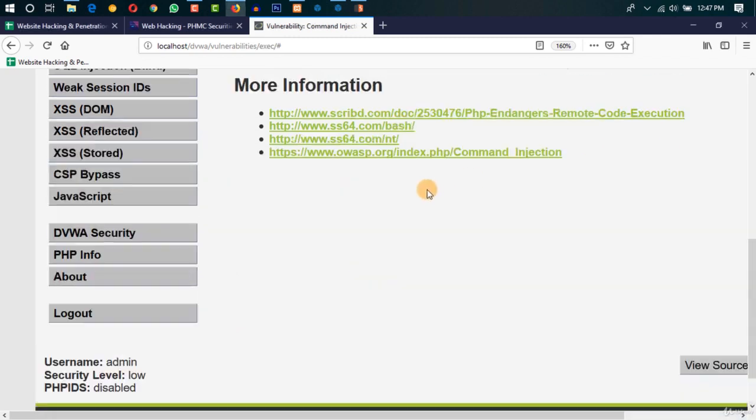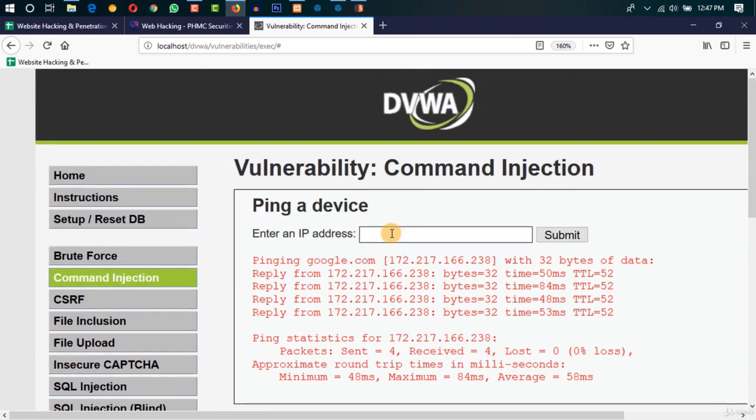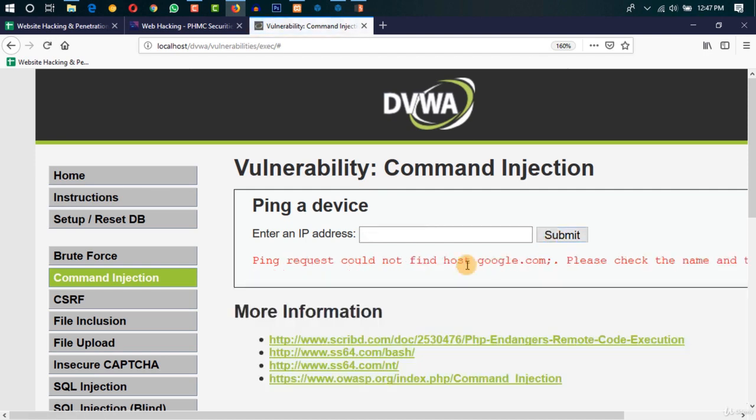So can we do one thing? Can we do, let's say, google.com, add a semicolon here, and say anything like dir. Dir is a command which gives the directories, right? And this semicolon, if you use DOS or Linux bash or any terminal, you should know that it means this command has been terminated, and then I'm giving another command in the same line. When you use this semicolon and try to submit, you will see that